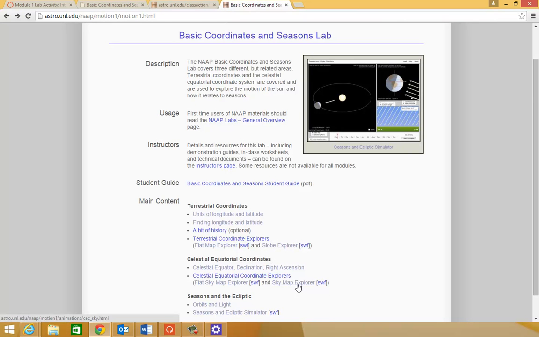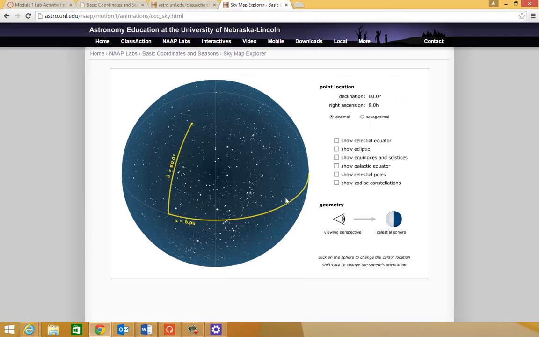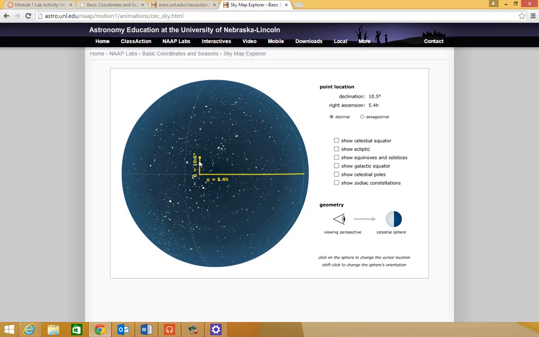So when you click on the Sky Map Explorer, you'll wind up with what I was just looking at, but in this case this is a nighttime view. So you're seeing the celestial sphere, all the stars on the celestial sphere. And if you look carefully, close to the celestial equator, I'll click on it, there's the celestial equator, you'll see that famous, very well-known pattern we call Orion. There's the belt of Orion,